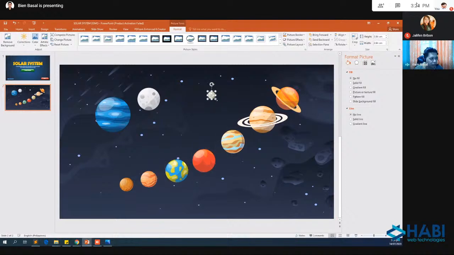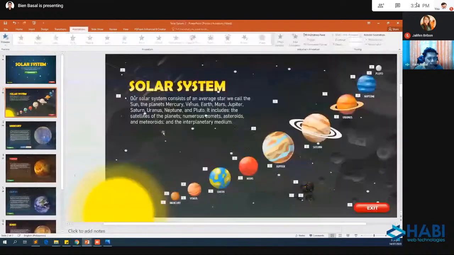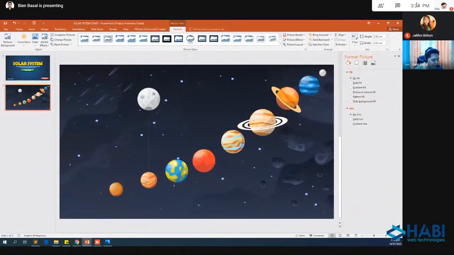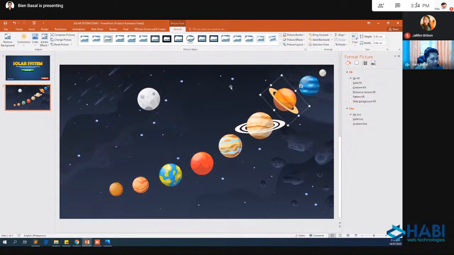Ito yung Pluto. This one is Pluto. Ang layo ni Pluto. This one is Neptune. Ang layo. Okay. And we have here Moon. I can resize yung Moon and I can add that sa tabi ng Earth. Yep. Or dito.